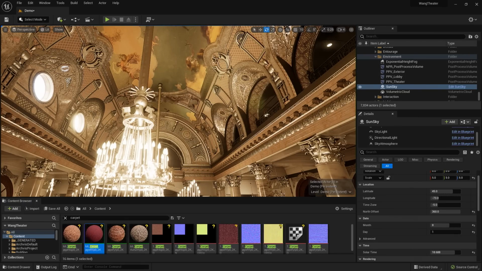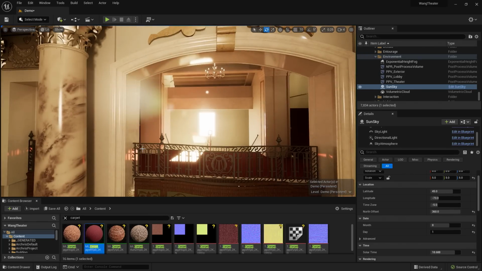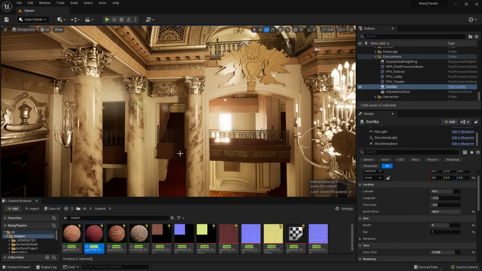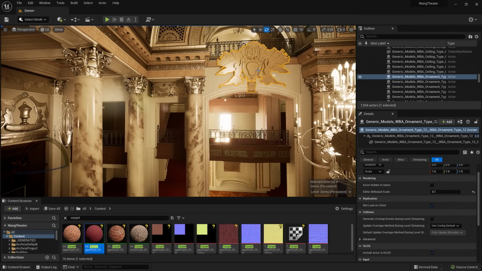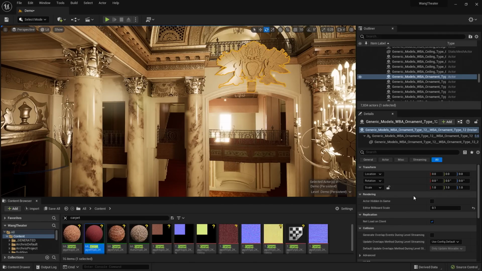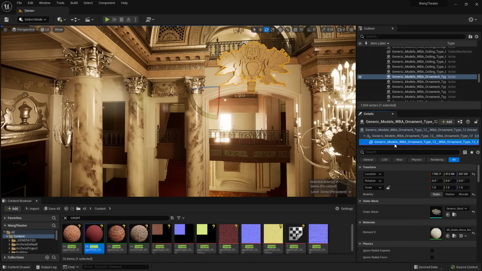We took a look at the Lumen settings. Now let's take a look at how we can work with that Datasmith direct link that we brought in earlier, now that our model has progressed. So to showcase this, I'm going to take a look around, and you'll see that some of the geometry here could use a little more depth. So when I select this geometry, and I go to the right-hand side, select this ornament type, you'll see that it only has one material, but it should probably have a few in order to be able to get a little more depth, to add a little bit more contrast to the geometry.